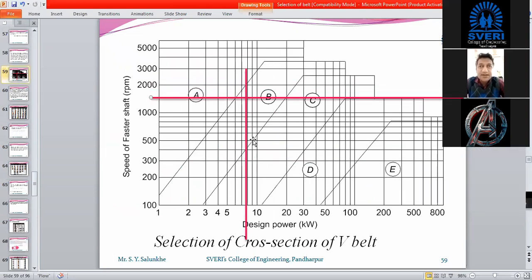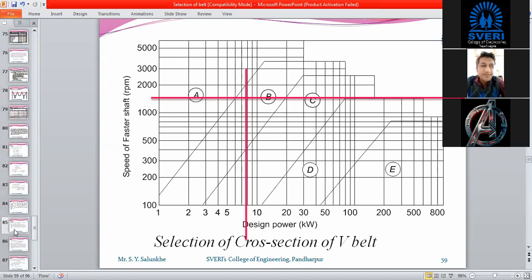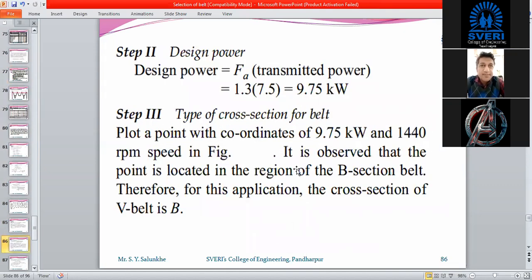It is coming under the category of B. Let's check. Okay, from the figure, it is located in B category. B type of section we have to choose. Therefore, for this application, the cross section of V-belt is B.